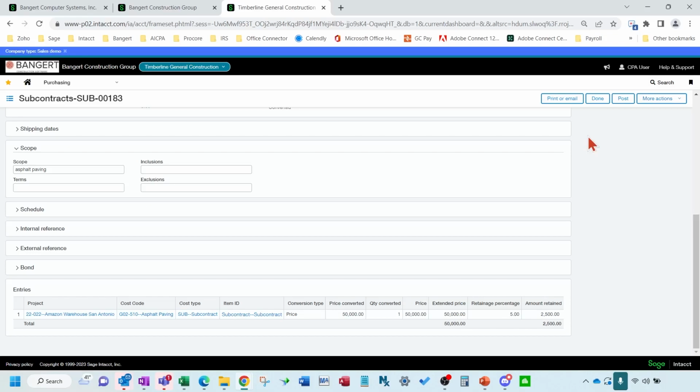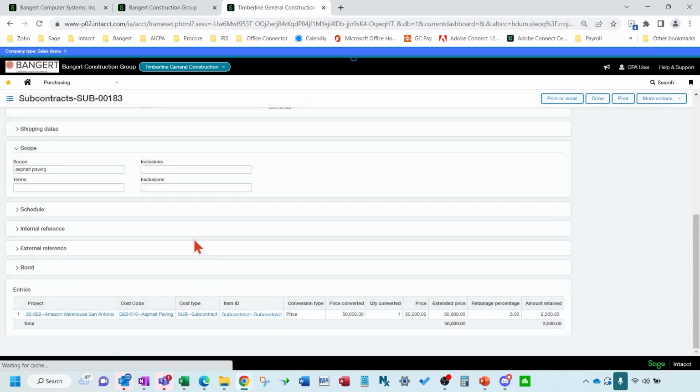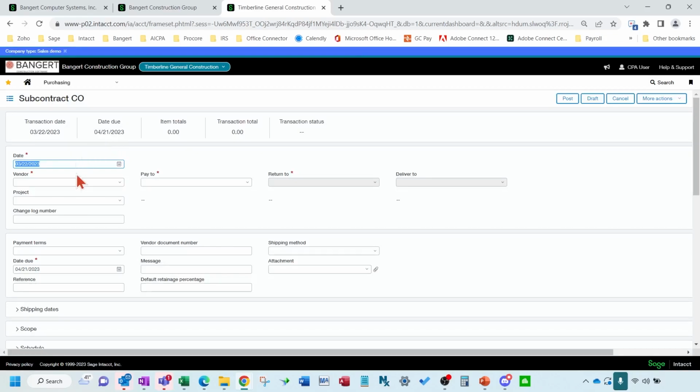All right. So let's go over to change orders. So right here is where I would initiate a change order. Okay, so let's go and add one. Okay, so let's click on.